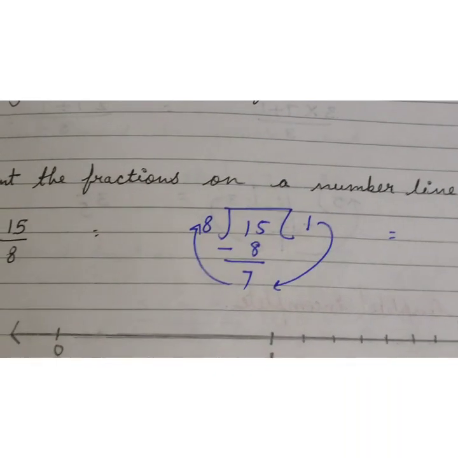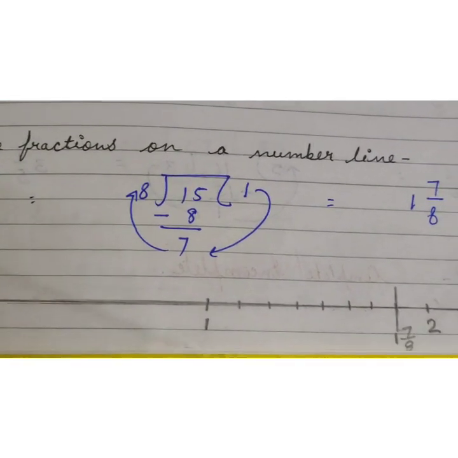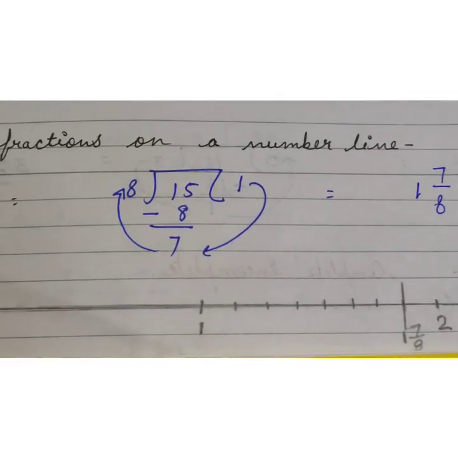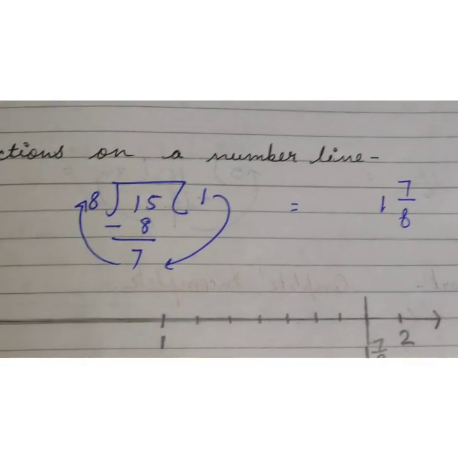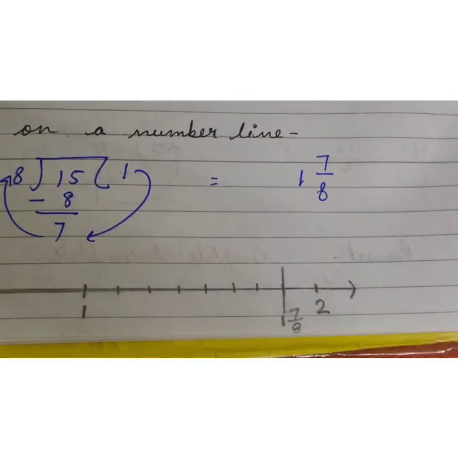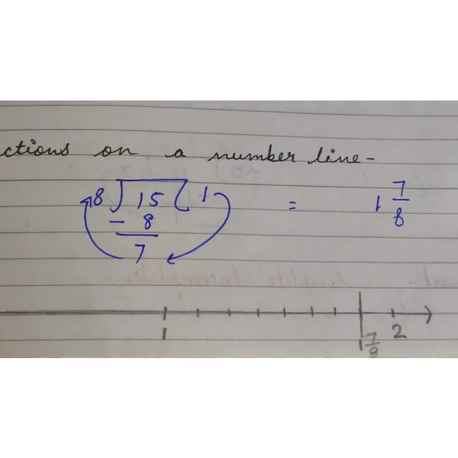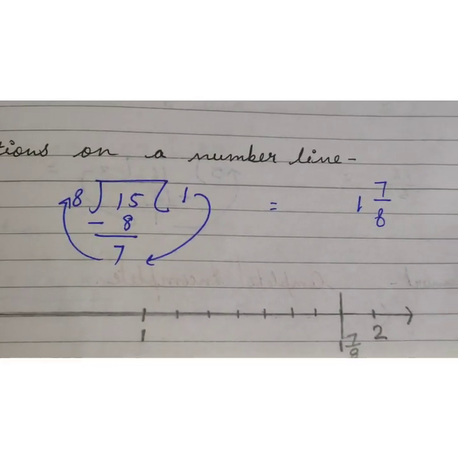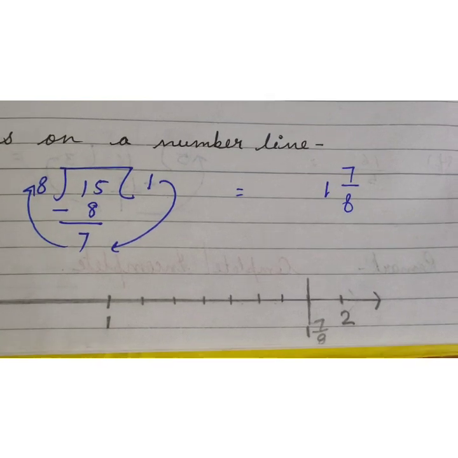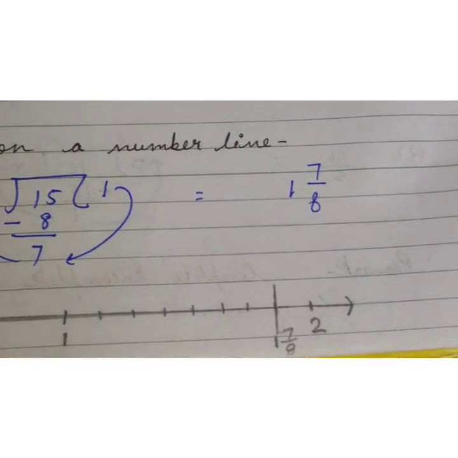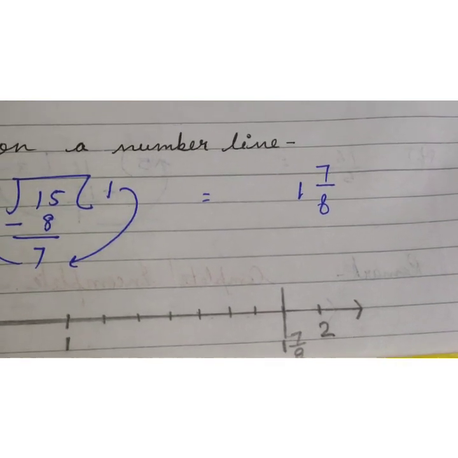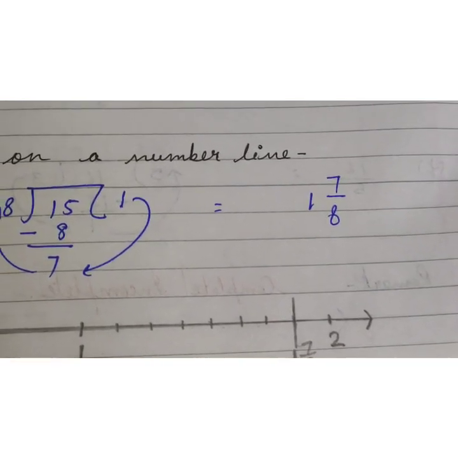So you can see here, 0, then 1, then 2. 1 you have to take full because 1 is whole, which means you have to take the whole one. And after the 1, how many parts do you have to take? 7 upon 8 part. After 1 you have to cover 7 upon 8 part. So firstly, do the same thing which you do with a proper fraction. You can see the denominator here is 8. 7 upon 8 is a fraction and the denominator is 8.